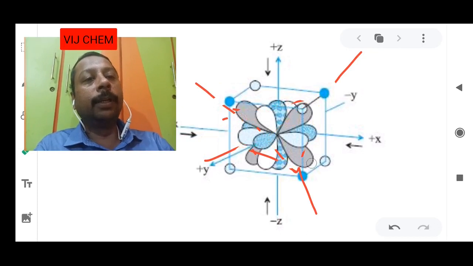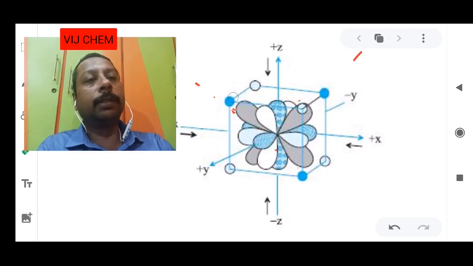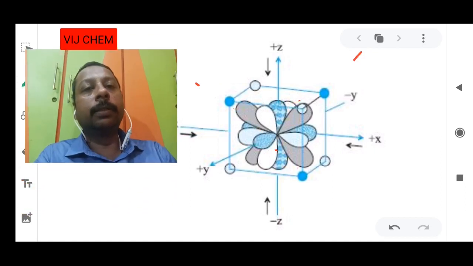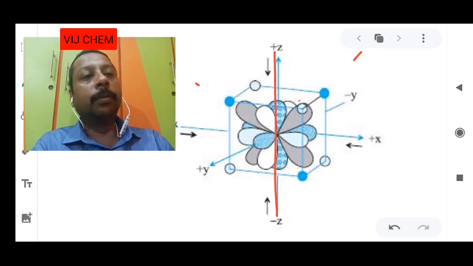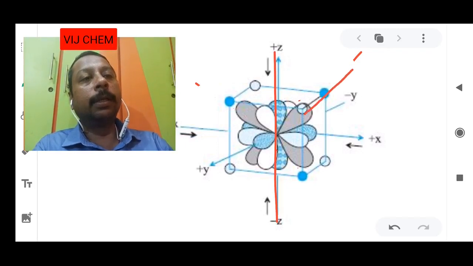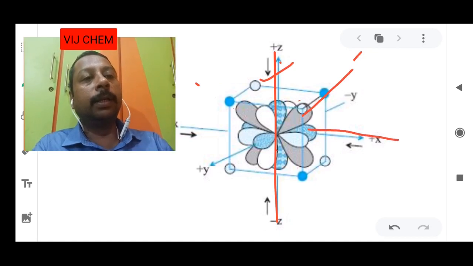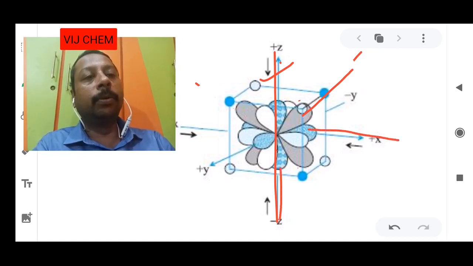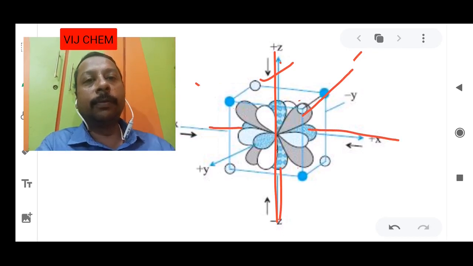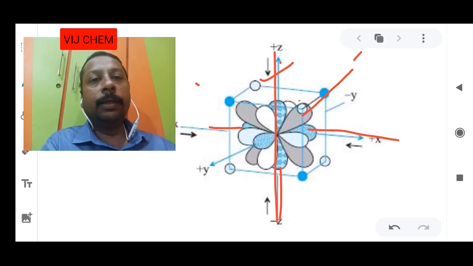Now who is comfortable now, you can tell me. There is a relaxation given to two persons. Who are those? One person is dz square. See here, he is completely relaxed because ligands are not approaching here. And there is one more person who is relaxed. Okay, who is this person? I told you already: the blue color line means dx square minus y square and dz square. So the persons who felt more pressure in the octahedral complex are the persons who are comfortable here.